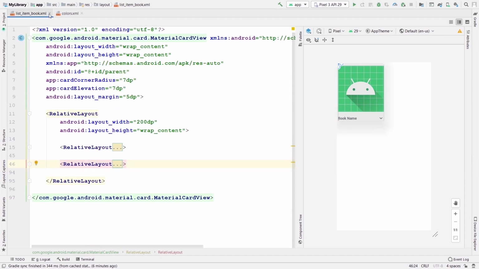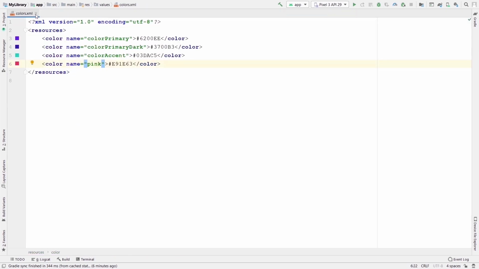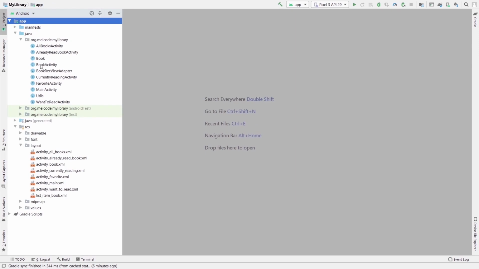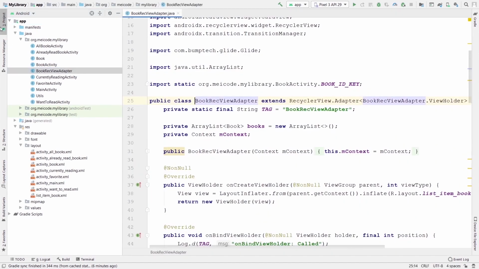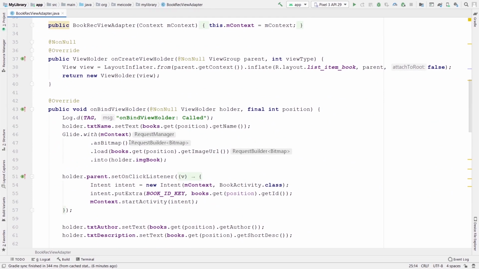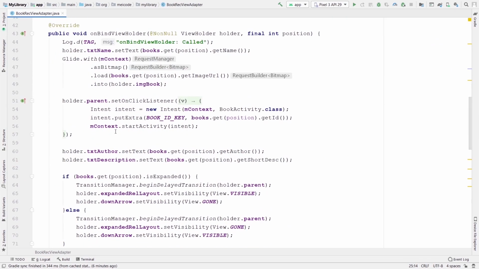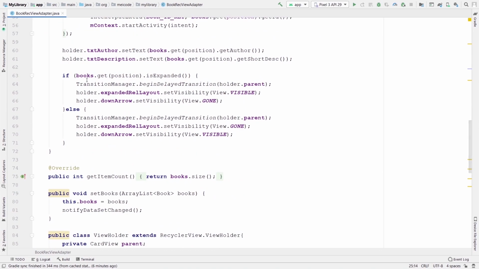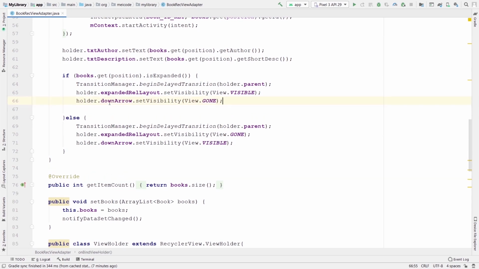Let's go to our adapter and let's pursue the code from there. So in our box RecyclerView adapter, if you remember, inside the onBindViewHolder method, we are checking if we should expand the card view or not. I'm talking about this if statement in here, if box.get is expanded. So inside this if case, I'm going to check if I'm inside the allBox activity or not. If I am inside the allBox activity, I'm not going to show the delete button,